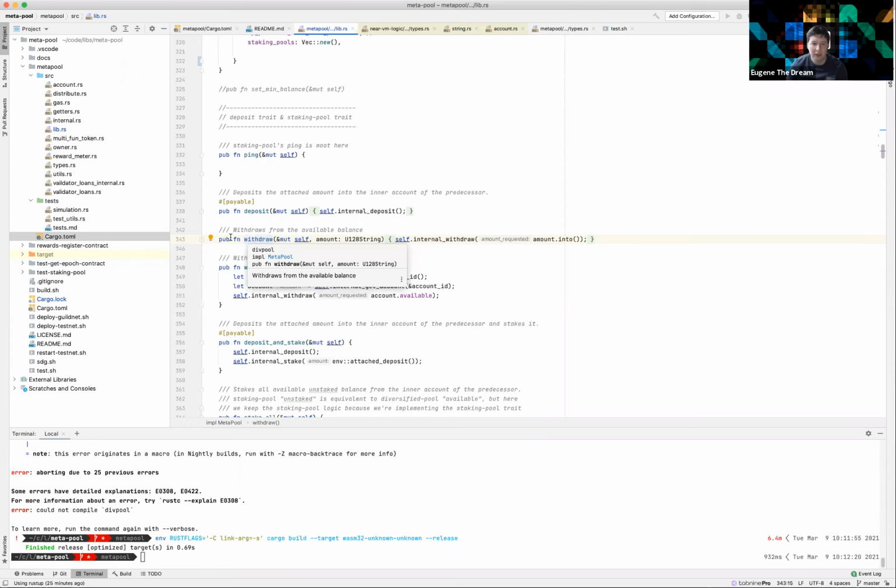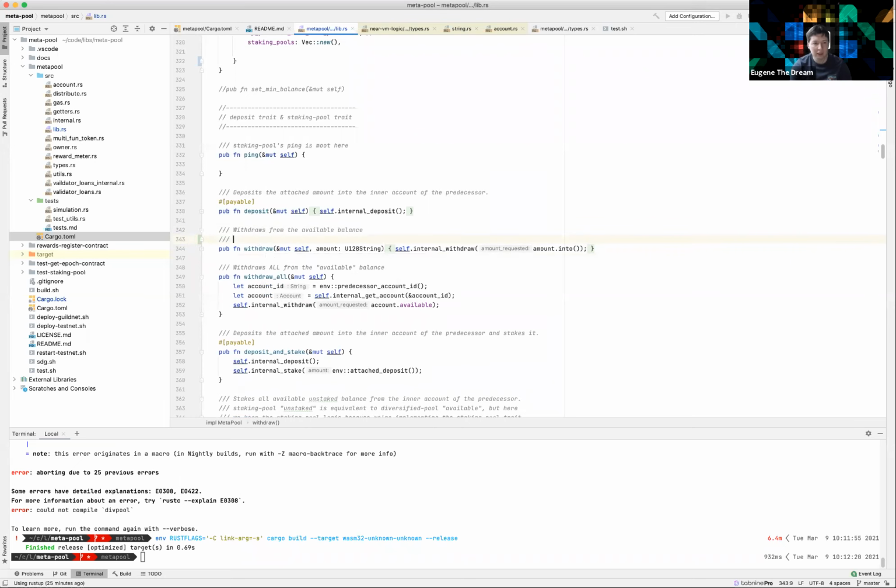In this case, a withdraw method is payable, or it operates on the amount of positive balances. So in theory, we want to enforce that this is 1 yocto. Maybe we should even introduce a macro right now, something not payable, but require 1 yocto